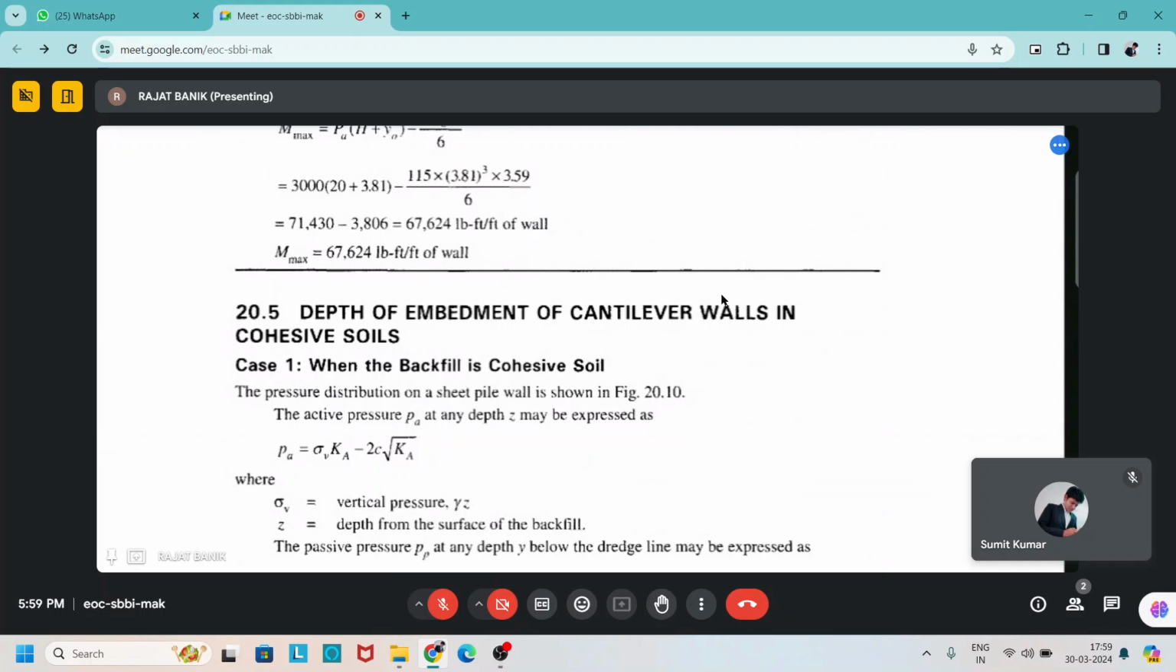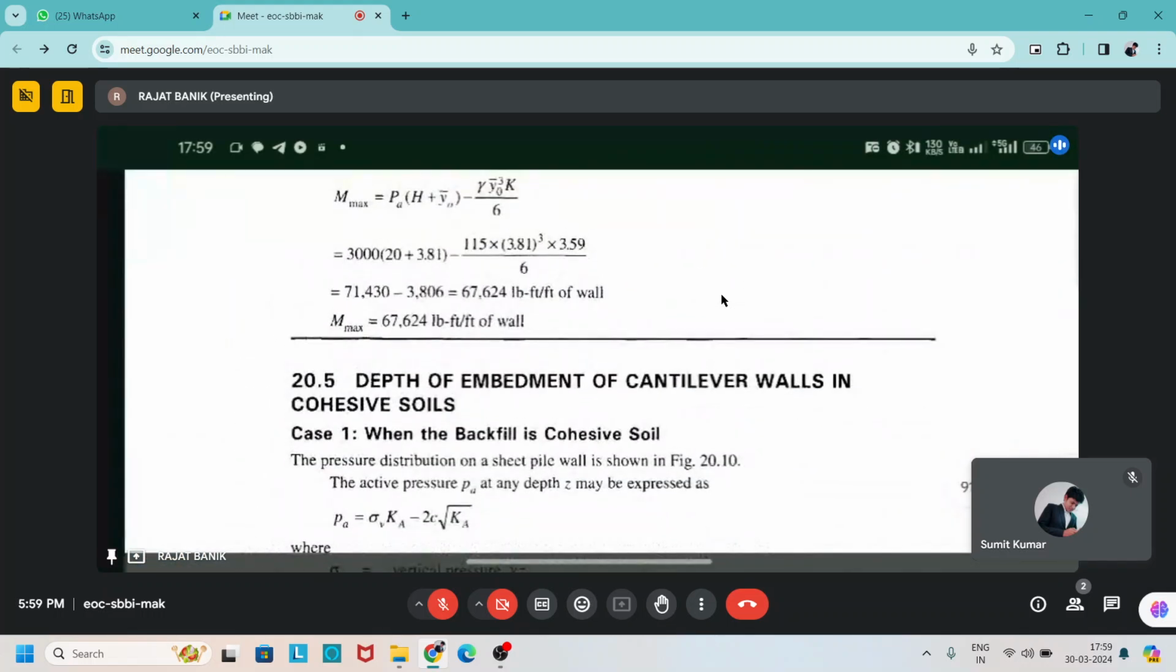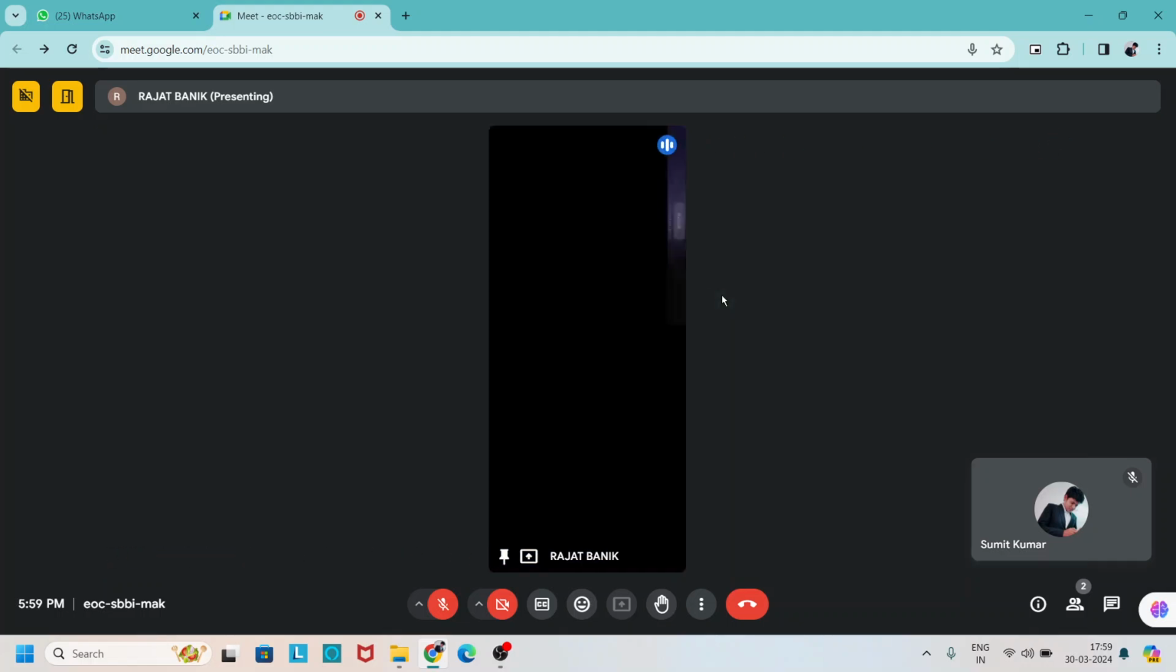I think the sheet piles are over now. We have to check the